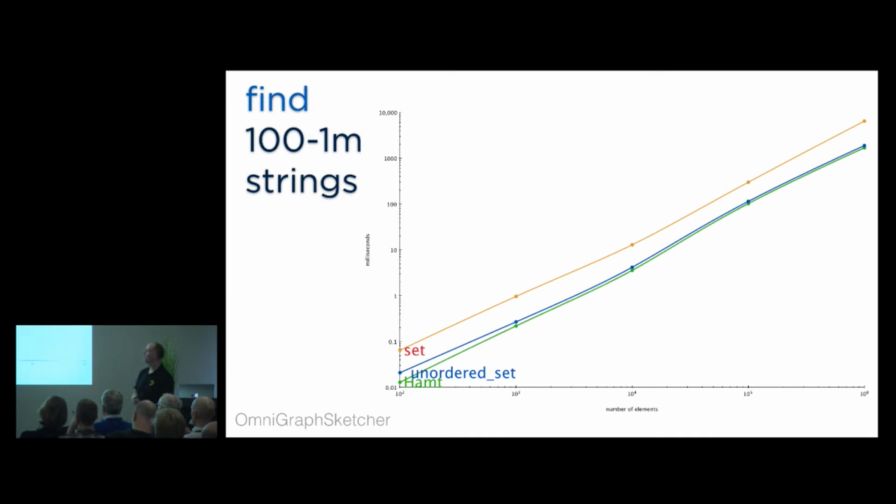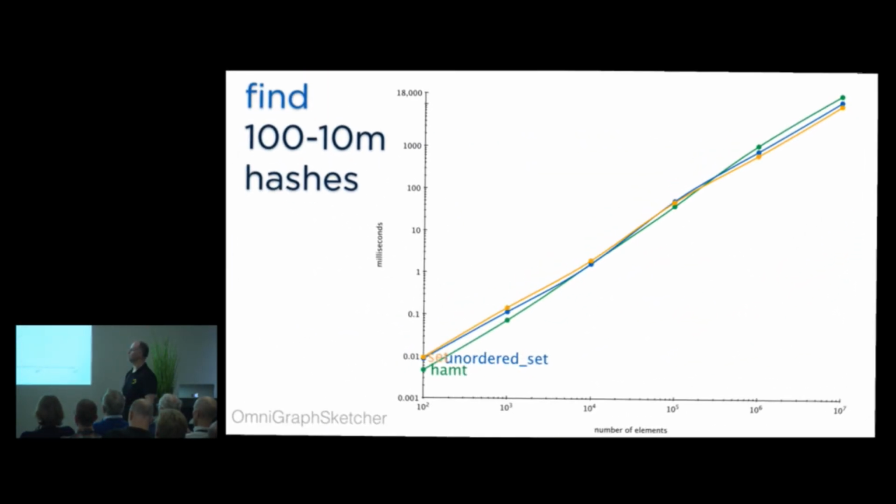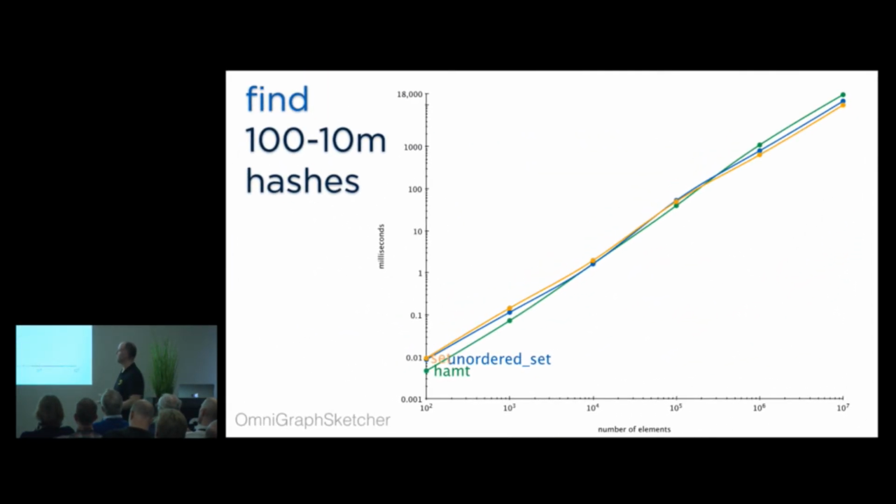I'm still a little bit worried about the integers, though. So I then took those strings, I took their hash codes, and I ran a test again with integers based on those hashes. So you've got the same distribution, but with integers. And this is interesting. I wasn't expecting such a change in the profile, but we start off with hash tree being the winner again. Set and unordered set are much closer. In fact, they're all much closer. But somewhere between 10,000 and 100,000, they all cross over until at the top, and actually, this one goes up to 10 million, by the way.